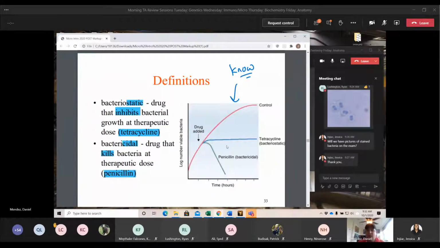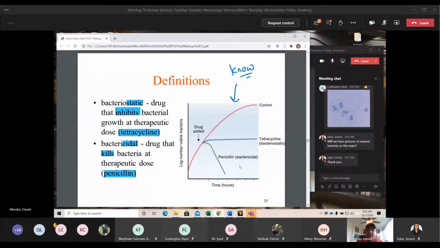So this is that diagram that I was talking about before. This is just a zoomed in version of that log phase. If we were to expand this chart out even more, you would see the lag phase on the left, the stationary phase here, and then the death or decline phase. What the antibiotic is actually doing is inducing either an early stationary phase or an early death phase. Bacteriostatic drugs inhibit bacterial growth, so they force the bacteria into an early stationary phase. Bactericidal drugs will induce an early death phase, skipping that stationary phase completely.